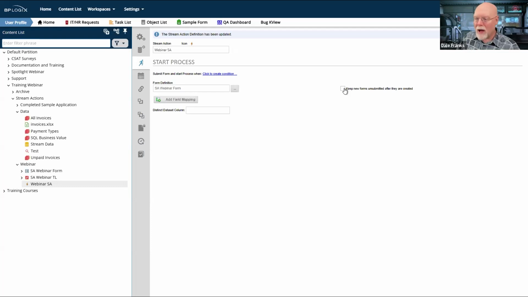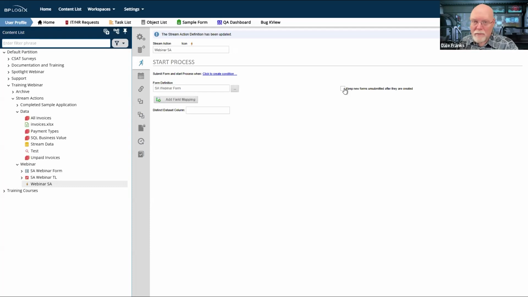Now, this is going to make your life a little more complicated as a designer because you're going to have to find those unsubmitted forms, and you're going to have to display them to someone, presumably in a knowledge view, that will enable them to open those saved but unsubmitted form instances and actually submit them.